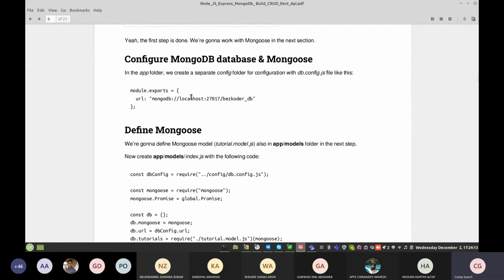Here I first check whether my MongoDB is working or not.